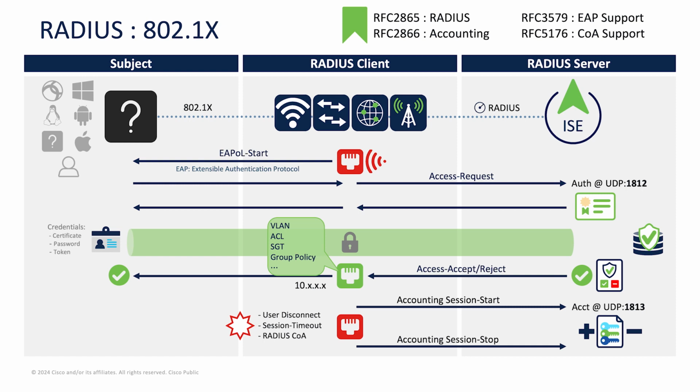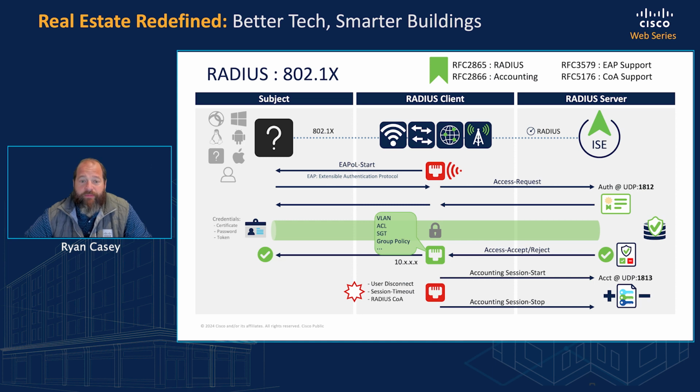802.1x is the gold standard of authentication of devices within an environment. If we look on the left-hand side where we have our subject device, whether it be an Apple iPhone, an Android phone, laptop device, or an IoT device, being able to have that device be connected to the network, whether it be wired or wireless, and then being able to present either valid user credentials or certificate-based authentication up to the Radius server to be able to be incorporated into the network.